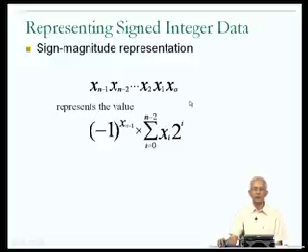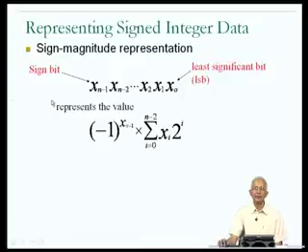Now, in terms of notation, since the bit at the right, or x_0, carries the least weight in this expression, the bit at the right is typically referred to as the least significant bit, or LSB. And the bit at the left is typically referred to as the most significant bit, but in this case it is the sign bit, since it determines the sign of the resultant value. So the bit at the right is least significant in that it contributes the least to the value of this